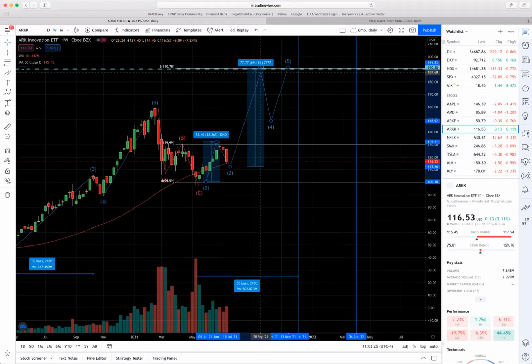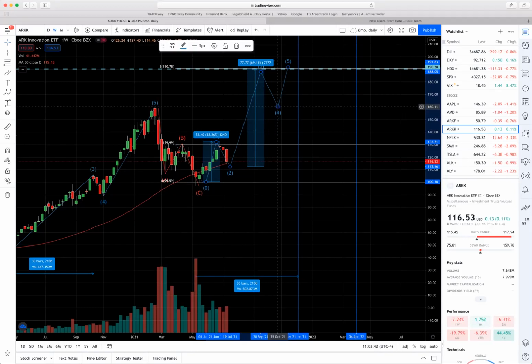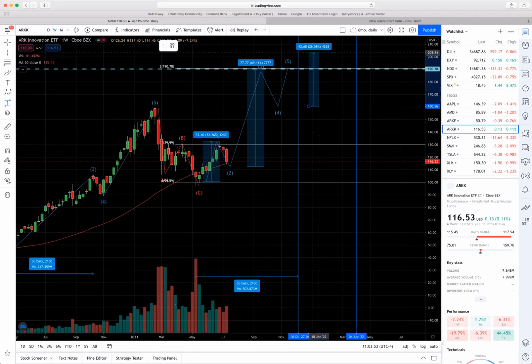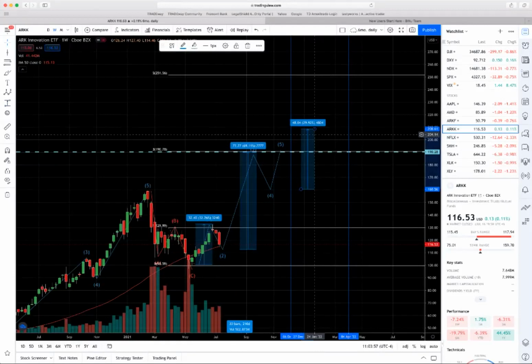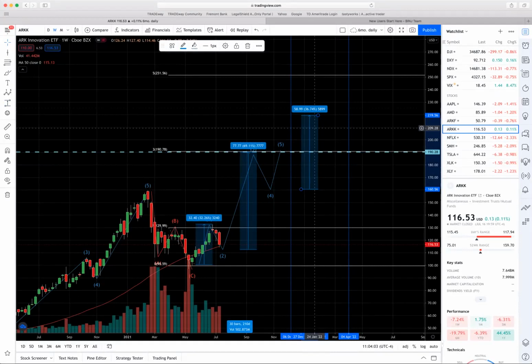Wave 3. The pullback on wave 4 cannot go below 1, but it can go down at least halfway. It may come down to the recent all-time high after it breaks it. That does make sense. And then we need another 32% move up for wave 5. If we believe it's here, again, this is why it's speculative, because now we're just throwing numbers out there. Let's go roughly 32%, 36%. Then that puts us up here.